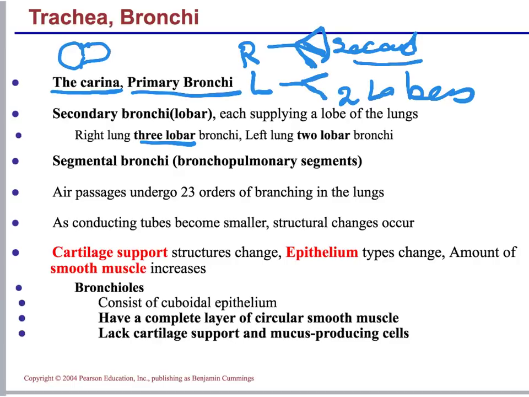So lobar bronchi, or the secondary bronchi, are 3 on the right and 2 on the left. From there, the secondaries split into sections called segmentals, or bronchopulmonary segments. There are 10 of these bronchopulmonary segments in each lung, with a little bit of a difference between the two, but I want you guys to know that each one of them has its